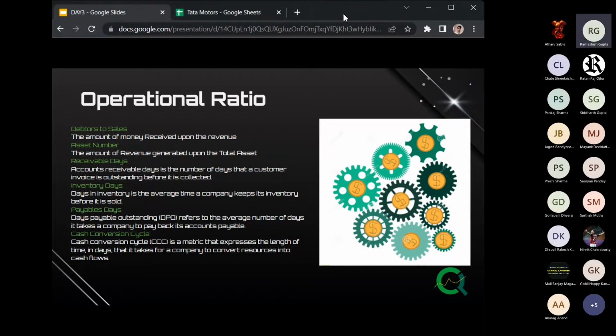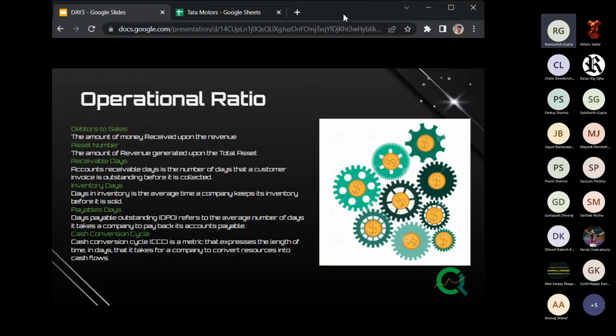So suppose the franchisee sold the car, but the money has not been received by Tata Motors itself. In some scenario, suppose 80% of the money from the sale is still with the franchisee itself. So this ratio tells how much money Tata Motors has received from the franchisee after the product has been sold.